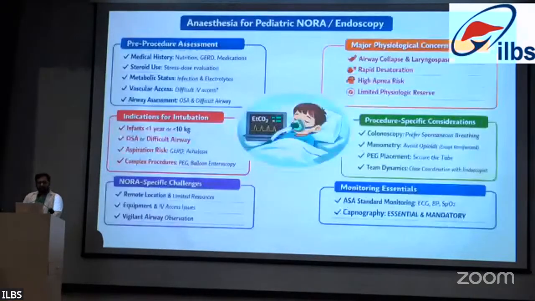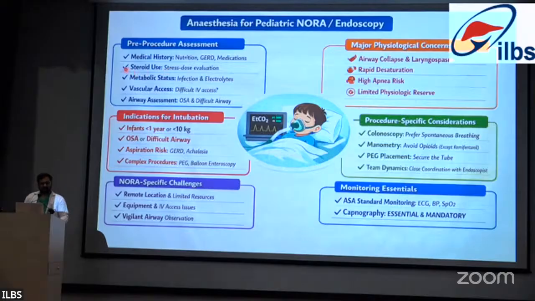So coming to the pediatric population, major physiological concerns in these populations include airway collapse, laryngospasm, rapid desaturation, high apnea risk, and limited physiological reserve. So when we are assessing the patient, a medical history for nutrition, GERD, and medication should be done. If the patient is taking steroids, a stress dose evaluation should be done. These patients are going to have difficult IV access, so it should be checked before the patient is taken up